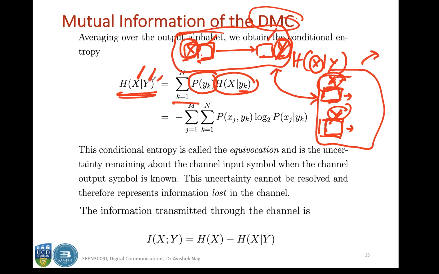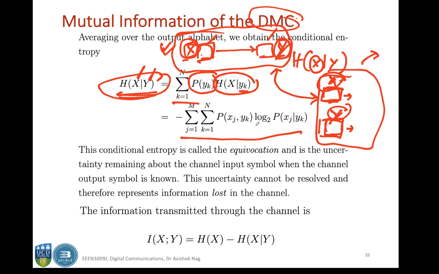So we are defining h of x given y based on this model, but mathematically nothing changes. The definition remains the same, and h of x given y is basically